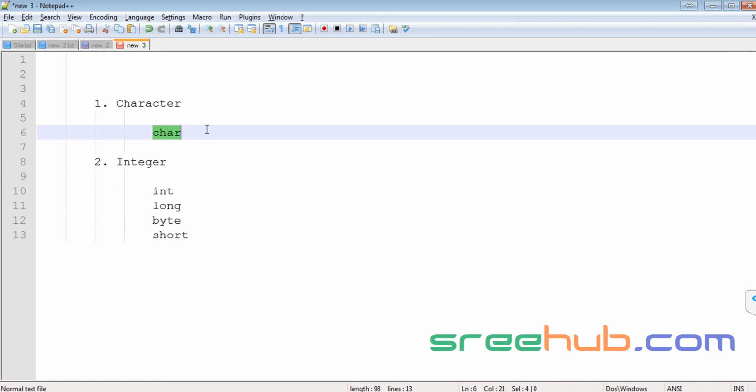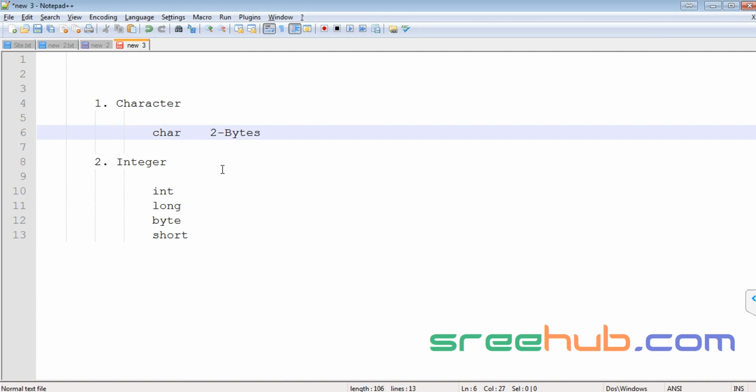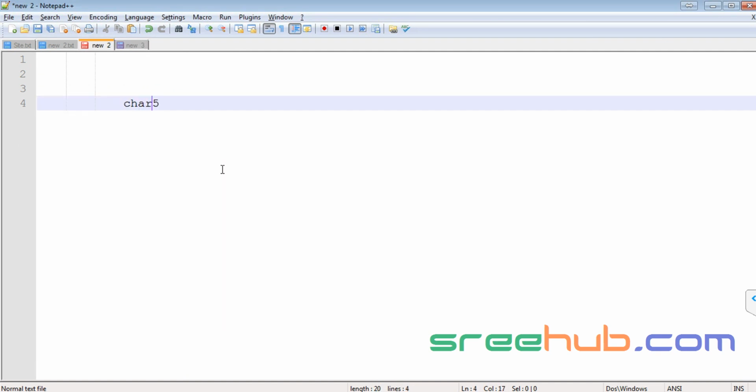So when we come to character, character size in Java is 2 bytes. This is very important. If you know C++, in C++ it was only 1 byte. So what is a byte? Which means a character can go up to 2 bytes of data. Whenever you write something like 5, and you want to save it in a character, let's say char c is equal to 5,